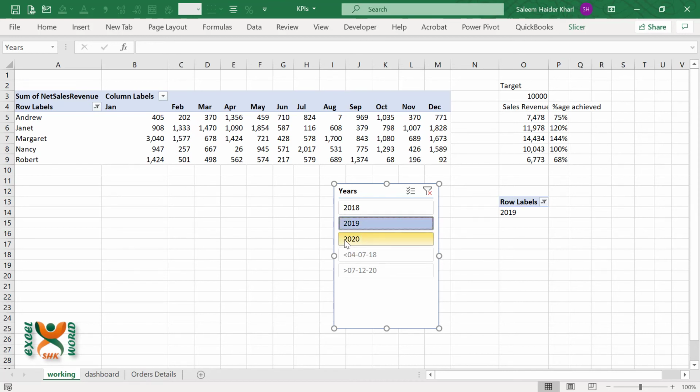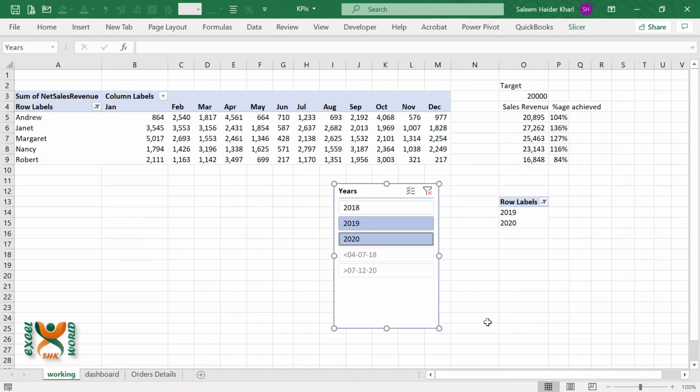If we select 2 years, 2019 and 2020, with the help of the control key, we will have 2 years and the target will be 20,000, and the sales revenue for each employee in respect of different months will be for 2 years.